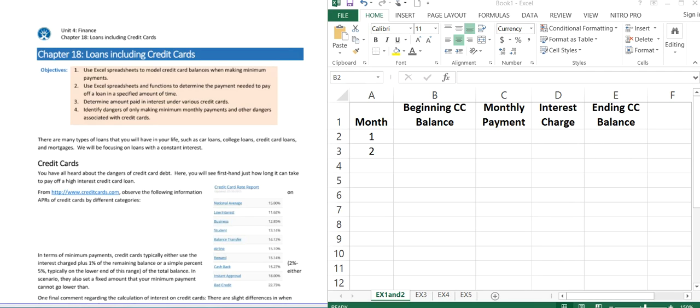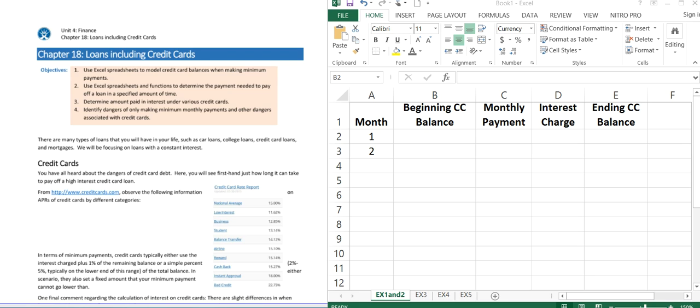So we're going to continue our finance unit, and today we're going to start talking about loans, and that will include credit cards, which sometimes we don't think of as a loan, but they really are. So we're going to, you can read through all the objectives yourself, but we're going to start with a conversation